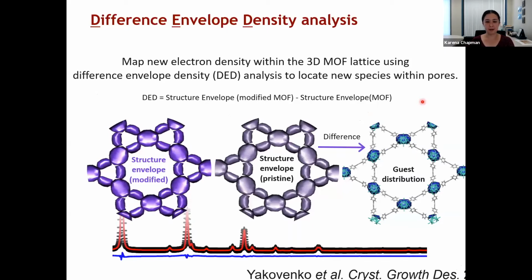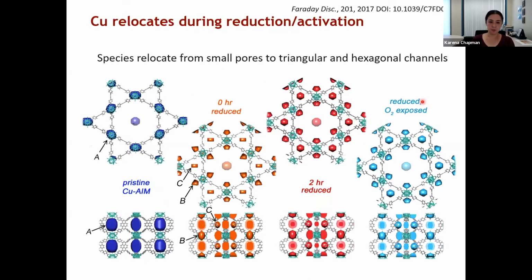And so we can look at where these are. This is what I mentioned a little bit earlier: using the information from the powder diffraction data to pull out a rough map of where the supported guest species are within the MOF. In this case, it's copper nanoparticles, but you can also use this to look at where gases or guest species are binding within the MOF structure. As we reduce it, we go from having our copper species closely associated with the nodes to going into the larger pores. In the end, we have our copper species both in the large hexagonal channels and in the smaller triangular channels,